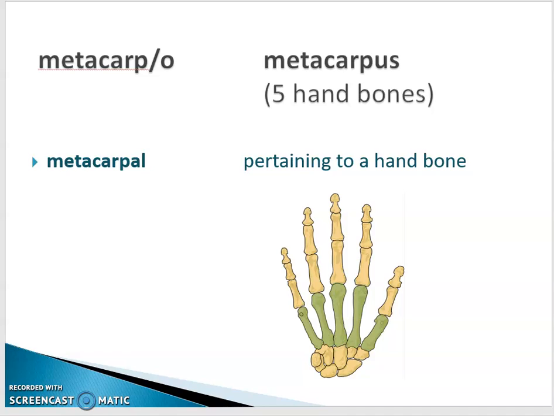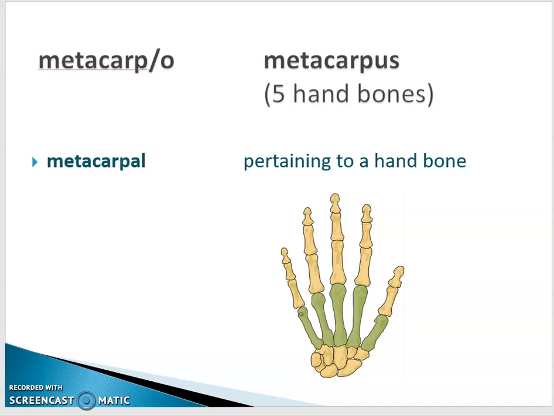Metacarpal means pertaining to the hand bones. So you see that right here. The thumb is on the digit on the far left, and the digit on the far right is the 5th digit. Our digits in our hands are always numbered starting with the thumb. So thumb is digit number 1, index finger is digit 2, middle finger digit 3, ring finger digit 4, and pinky